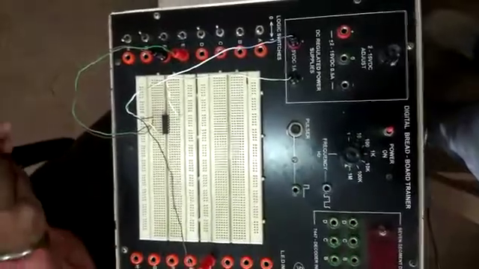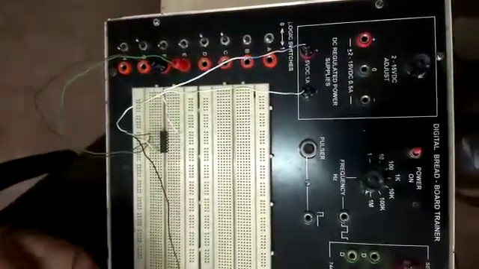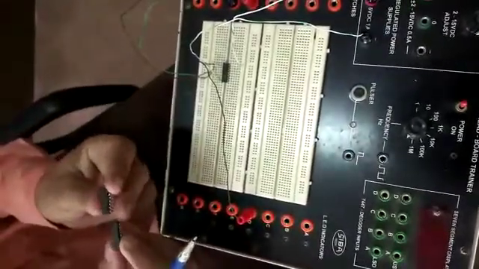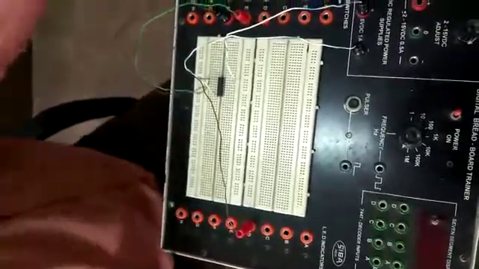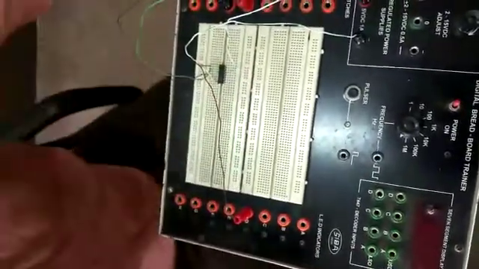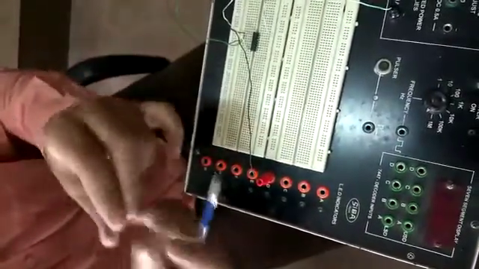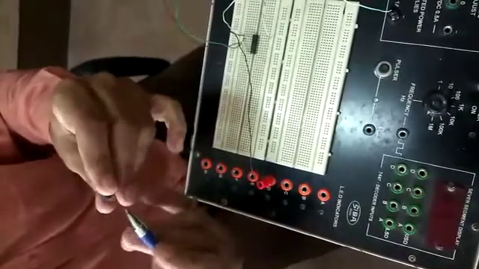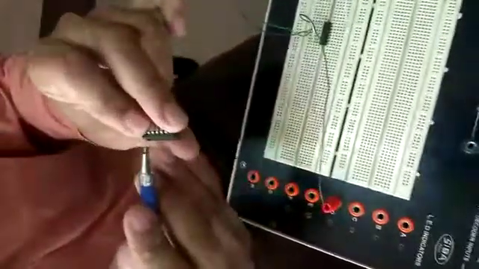This is the IC of the NOR gate, that is 7402, which we have applied. So here you can see the ICs. There are different numbers of ICs. I have told you that 7408 is for the AND gate, and this is the 7432 for the OR gate. Here you will check that there are 14 pins, 7 towards this side, 7 towards this side. That's why it is called dual inline package. And towards this one, you will find that this is pin number 1. The notch is clearly displayed.